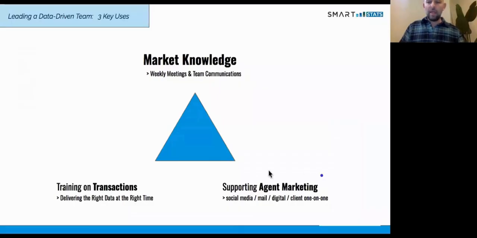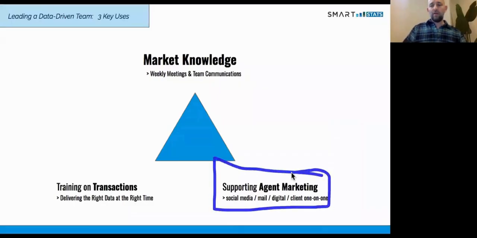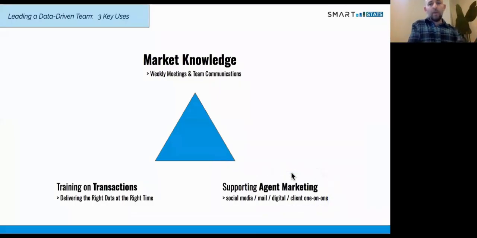So lastly, guys, this happens to be sort of one of my favorite uses of the data. And it's this idea of supporting the marketing that you guys are doing as a team and supporting the marketing that your agents are doing, right? And so this can be as sophisticated or not sophisticated as you want. Literally, the idea of having little snippets of market data is not rocket science. Even just here's the month to date, median sale price across Connecticut can do wonders if your agents routinely plug them into their channels, right? Whether it's social media or an email that they have going out or whatever.